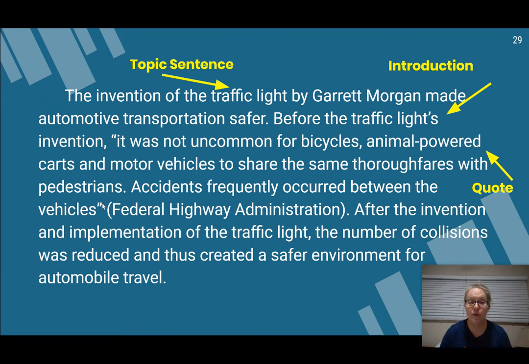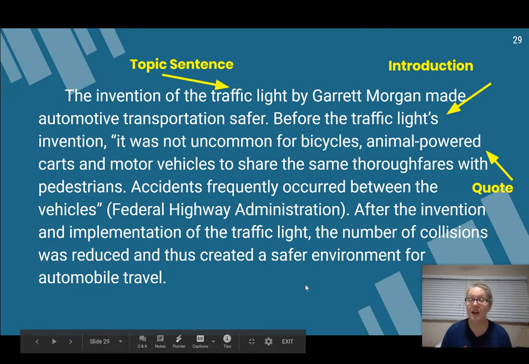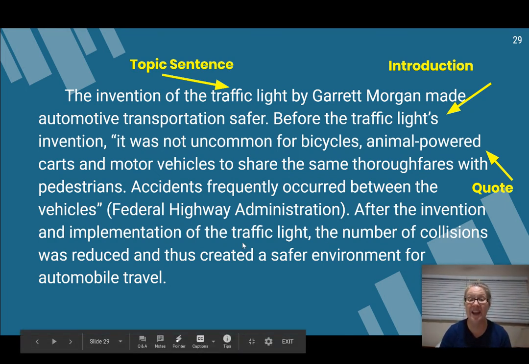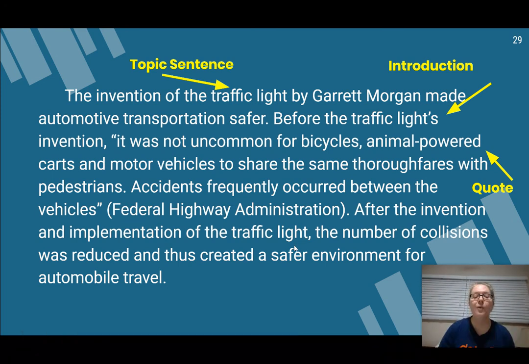So you notice the quote, please notice the punctuation. And then this last sentence is going to be our explanation. After the invention and implementation of the traffic light, again, this is like a time expression. It tells us when. The number of collisions was reduced, and thus created a safer environment for automobile travel.